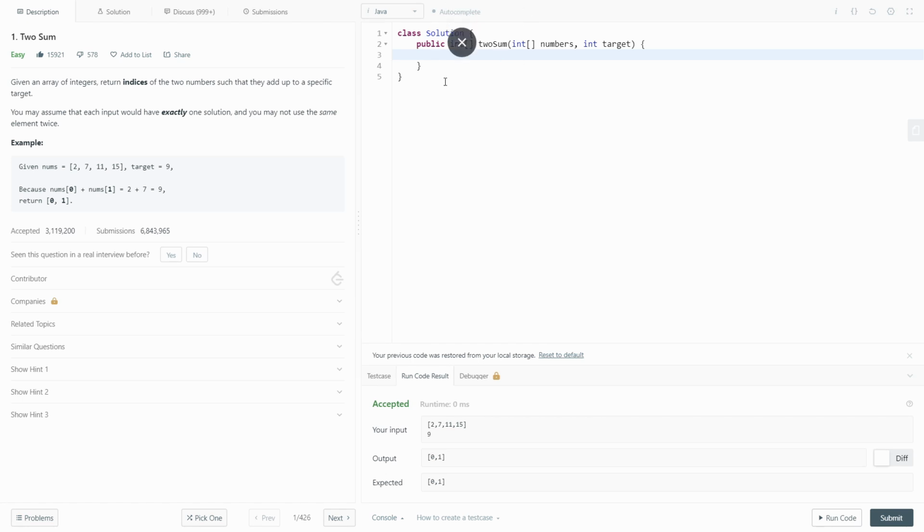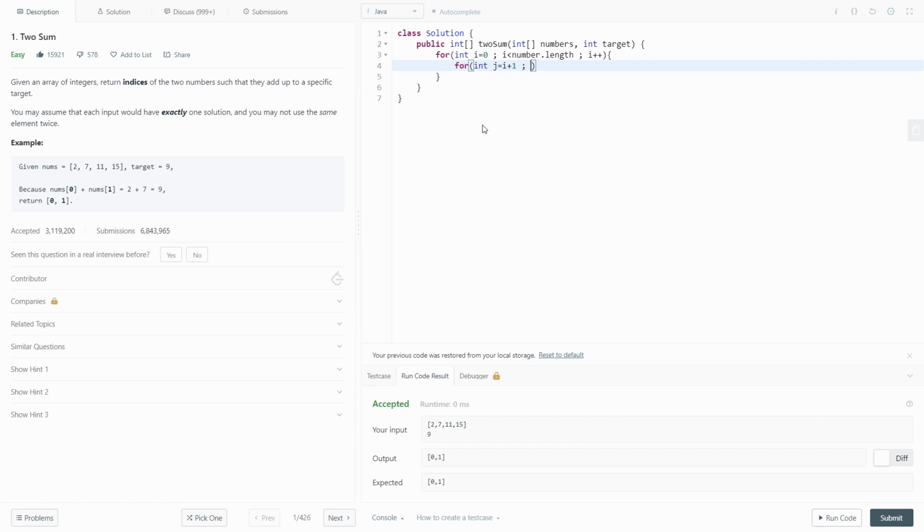The first thing that must come to your mind when you look at such problems is using a couple of for loops. For int i equals 0, i less than numbers.length, i plus plus, and then another for loop, int j equals i plus 1, because we shouldn't use the same element twice.